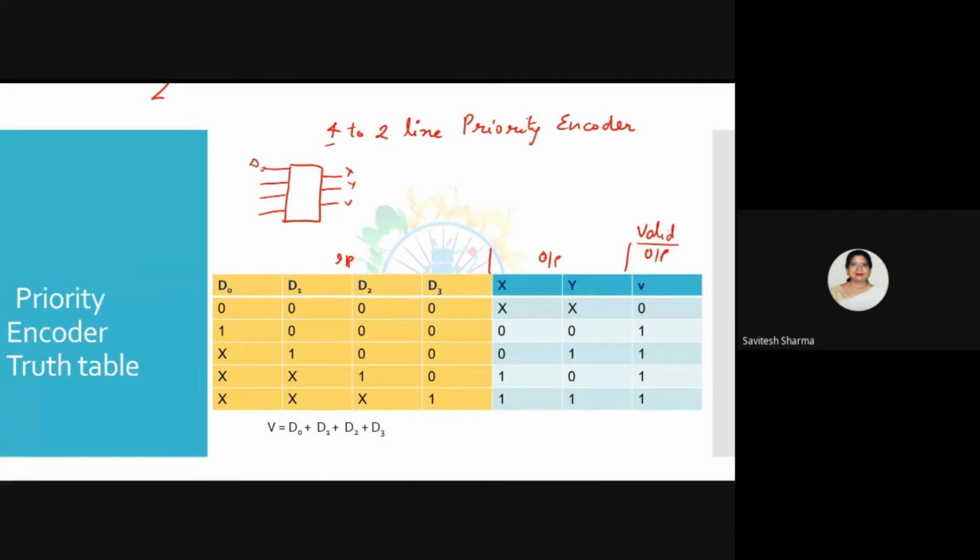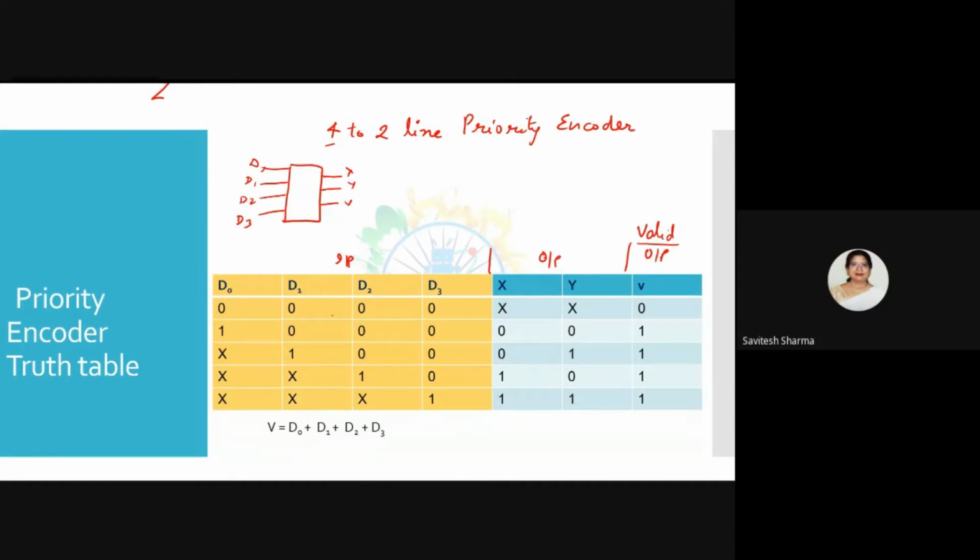What cases will you consider here? The first case I will take is if all inputs are 0. Obviously the output, whether it is 0 or 1, doesn't matter. In a priority encoder, one line will be active and the other lines will be inactive, and that is the case I am considering. But in the truth table we have to show all possible combinations. So this is one possible combination.